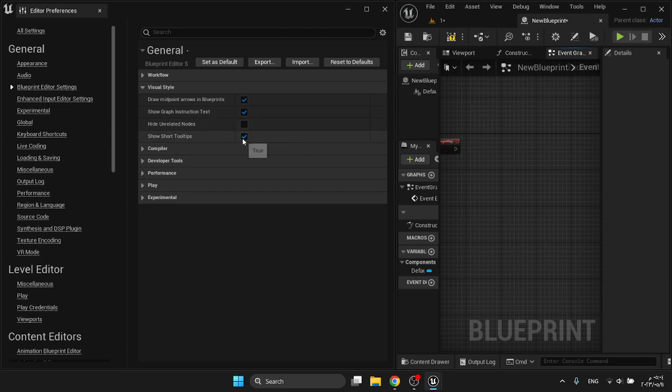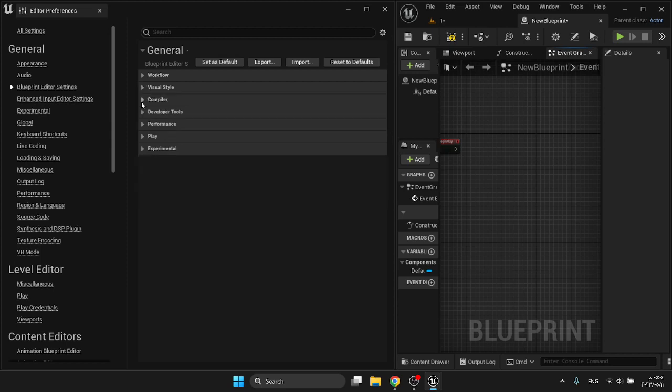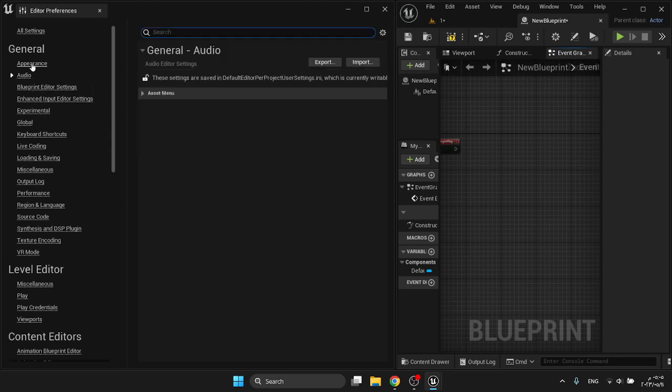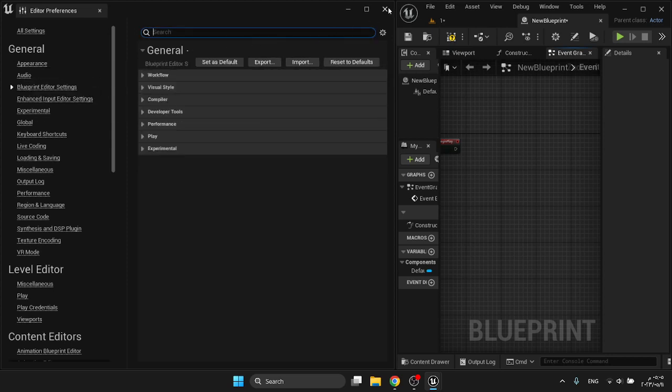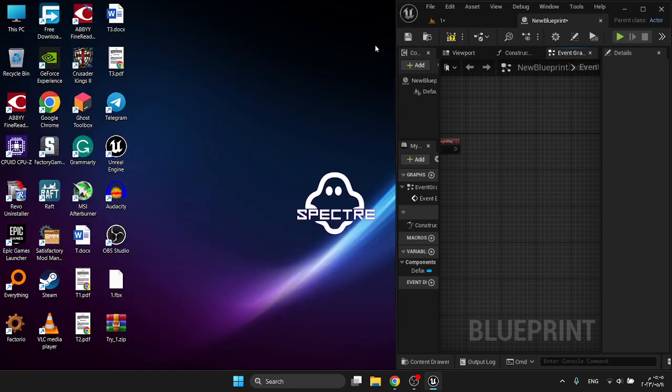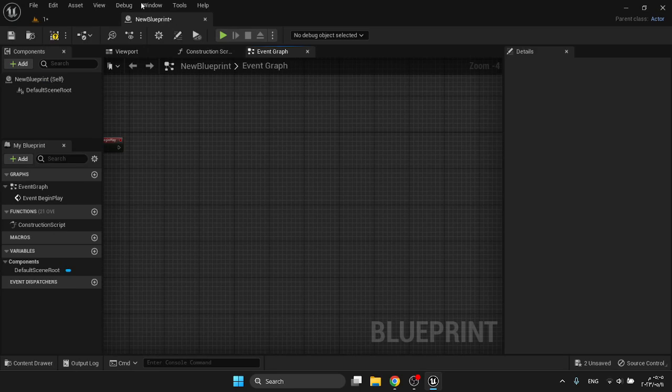Show short tooltips. Doesn't make any sense. I don't know what all of this one does. So yeah,